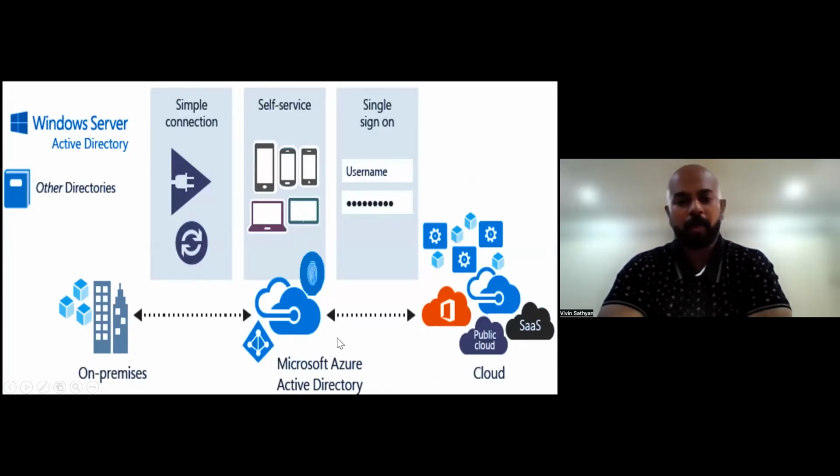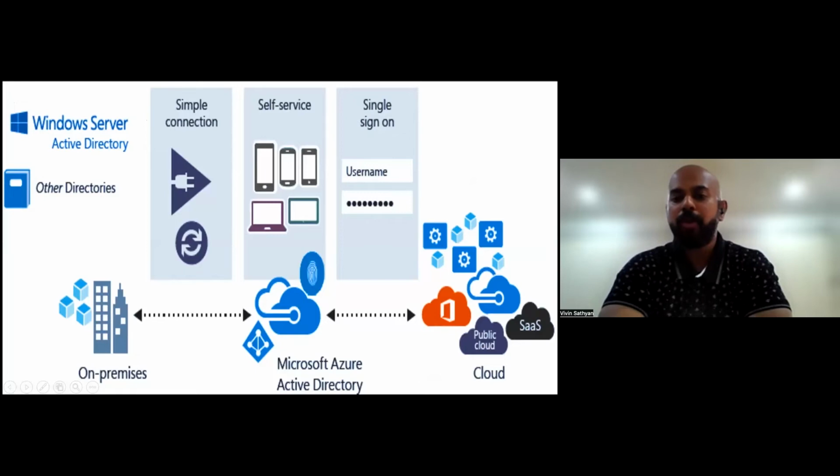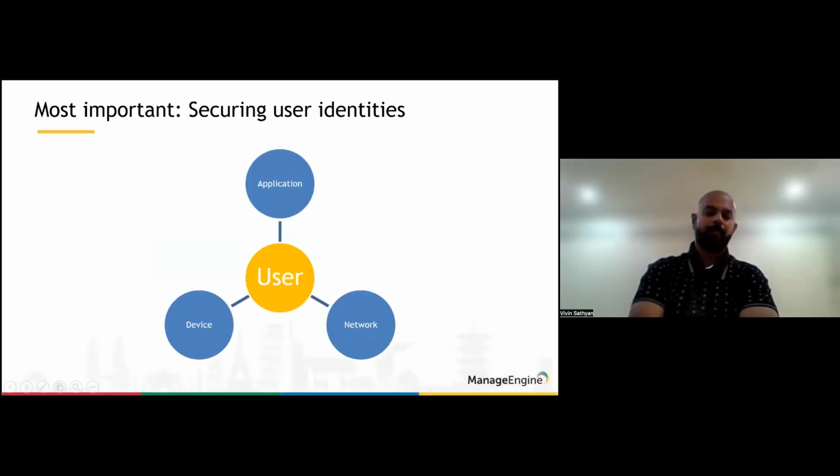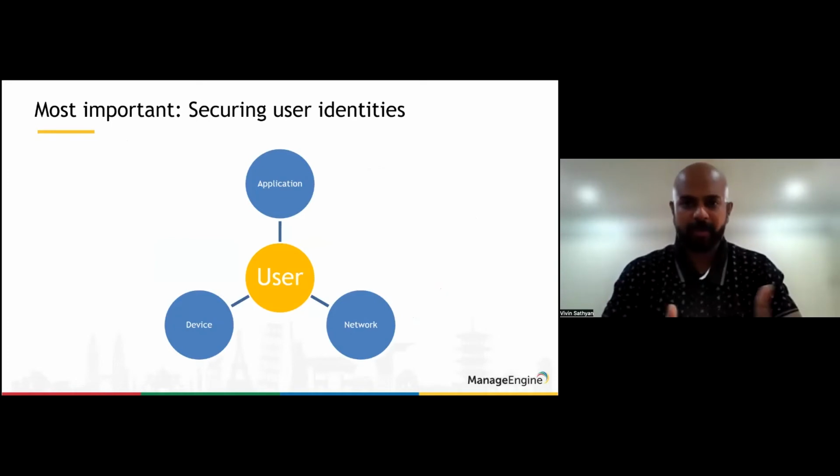Your on-prem talks to your Azure talks to your SaaS vertical, and the communication is bi-directional. So whether we like it or not, if this gets hit, all right, it's just a matter of time that the attack surface moves to your Azure and also the cloud verticals, right? All right, so now let's focus on our topic. Let's talk a bit about